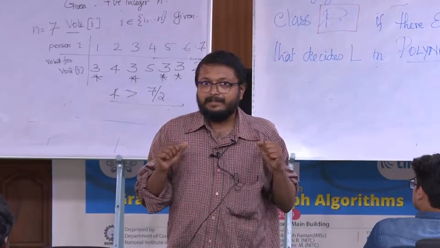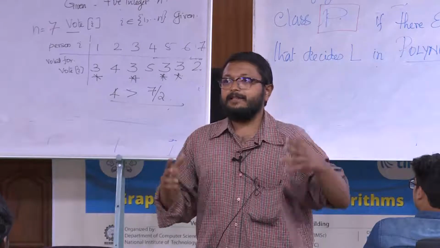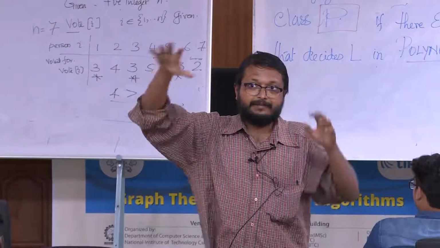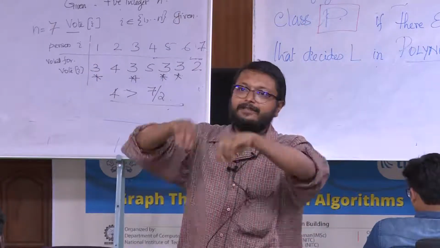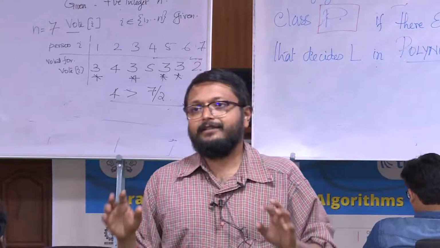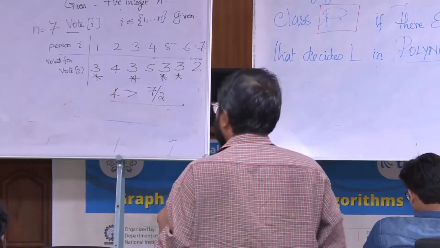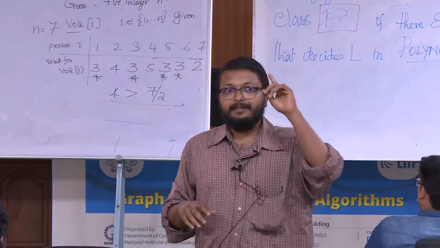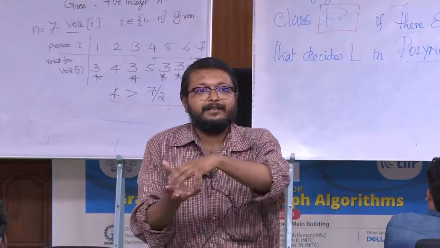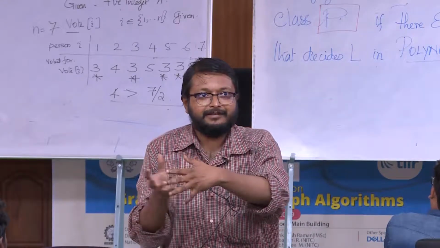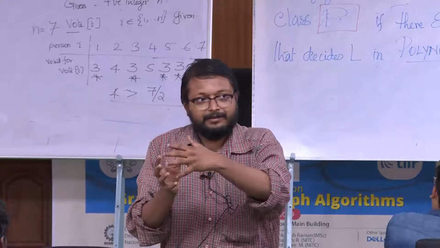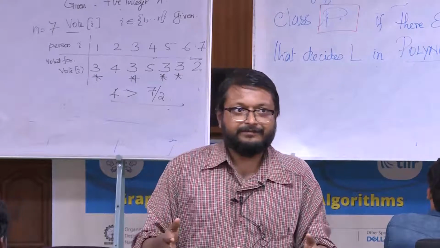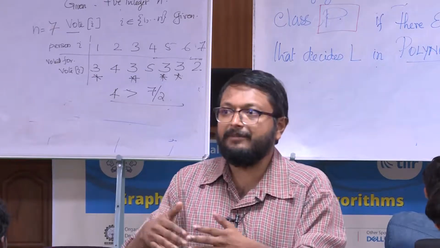Let's say the first vote is for some other person. The actual leader is the first person, but the first person's vote is actually for somebody else. So let us say 10 got the first vote. Now the second person voted for the first. I can cancel out one vote from 10's vote, because now 10 got one vote, somebody else got one vote. That somebody else you don't have to count, because 10's vote is cancelled by that somebody.